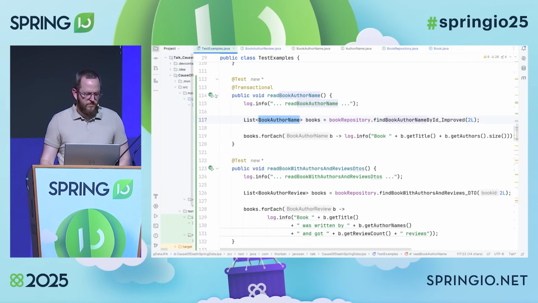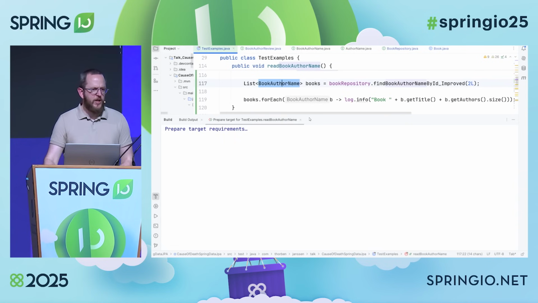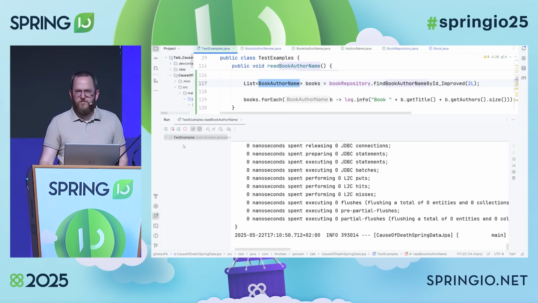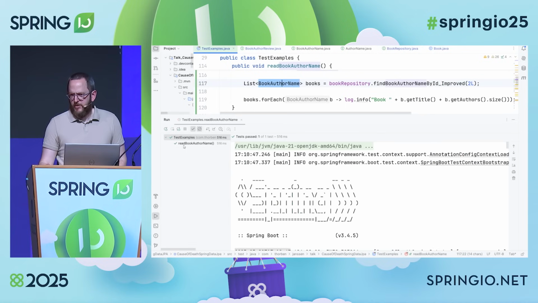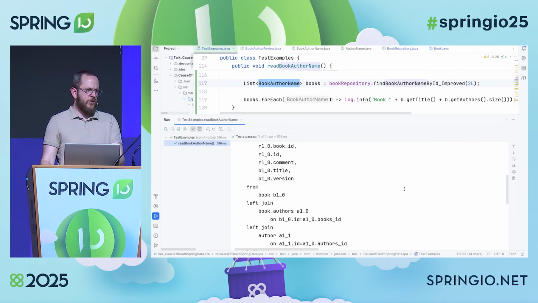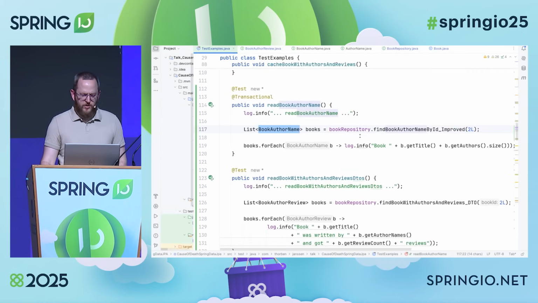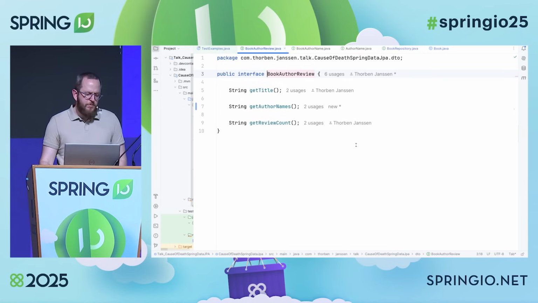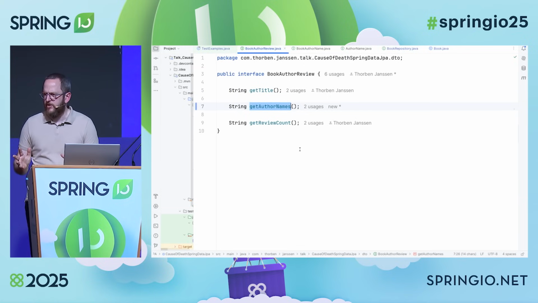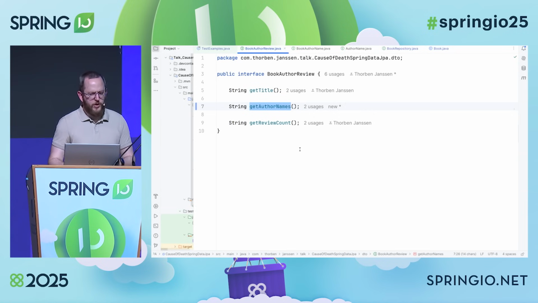It's still not great, because we are still fetching the book entity, the author entity, and the reviews entity, and we just need 3 fields, right? The first name, the last name, and the title, so it's totally unnecessary to fetch all of that. But now we do it at least in one query. So still an overhead, not that much compared to the approach before. What would be better is if you actually define a simple interface with the title, a review count, and author names. The challenge now is that this doesn't match the book entity anymore.